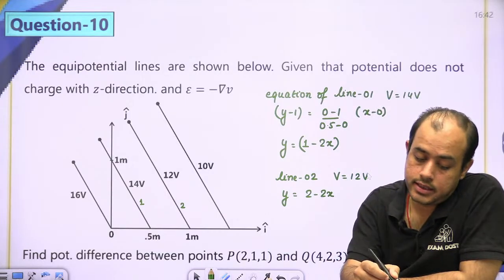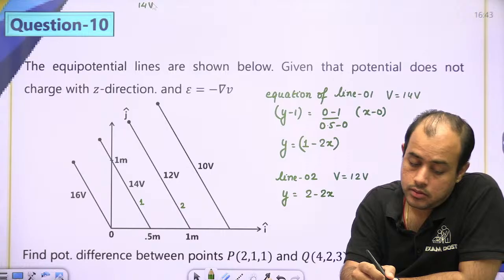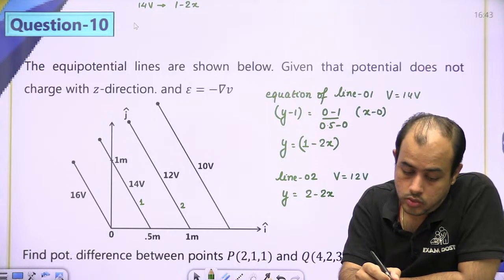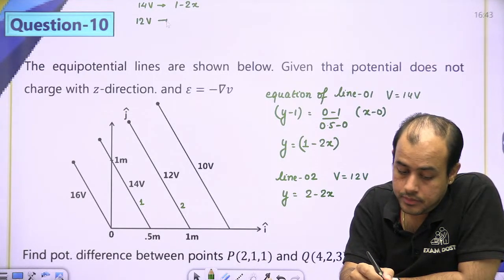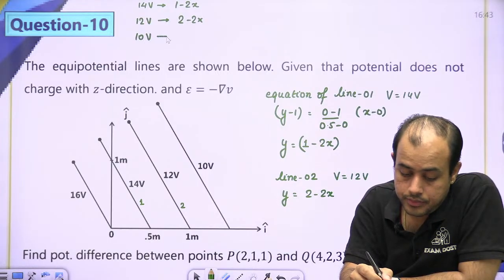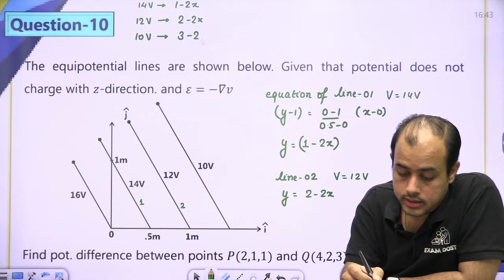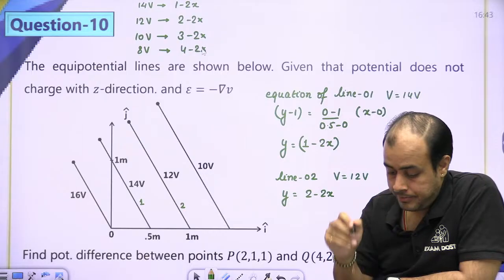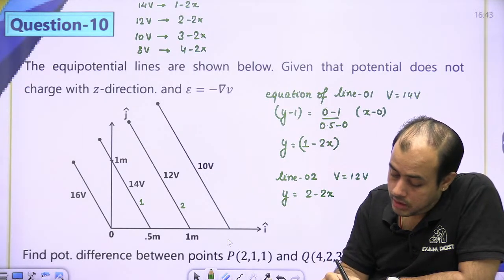So what I can say, 14 volt line is, then 12 volt, 2 minus 2x, 10 volt, 3 minus 2x, 8 volt. Like this we can continue. Okay. Now 2, 1